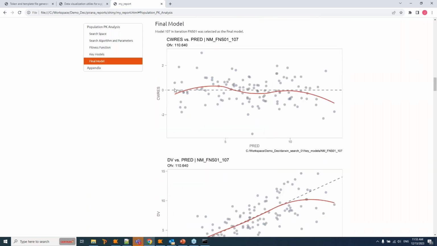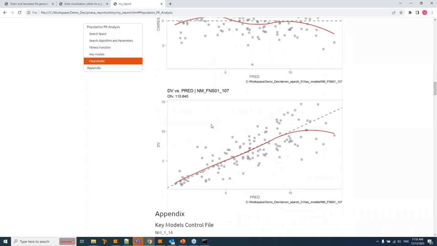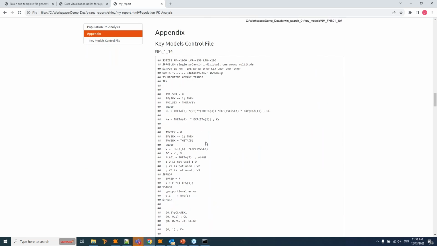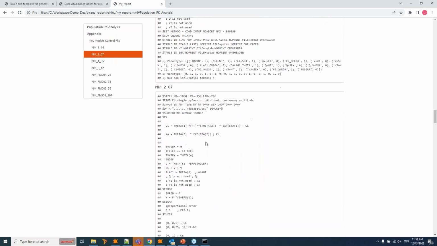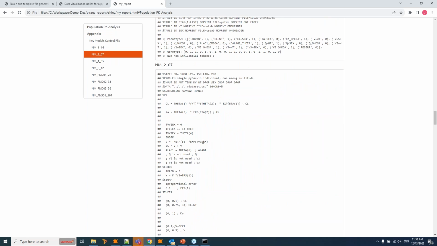You could see different sections for the final model, goodness of fit plots. You could see we included this appendix, which includes all of our control files. So there's a lot of flexibility with what you can include in here, and the different outputs that you can generate directly from the GUI. But certainly, you can always download the raw R Markdown as well from that same interface if you want to make any changes, add any sections, any text to this report, or render it into different